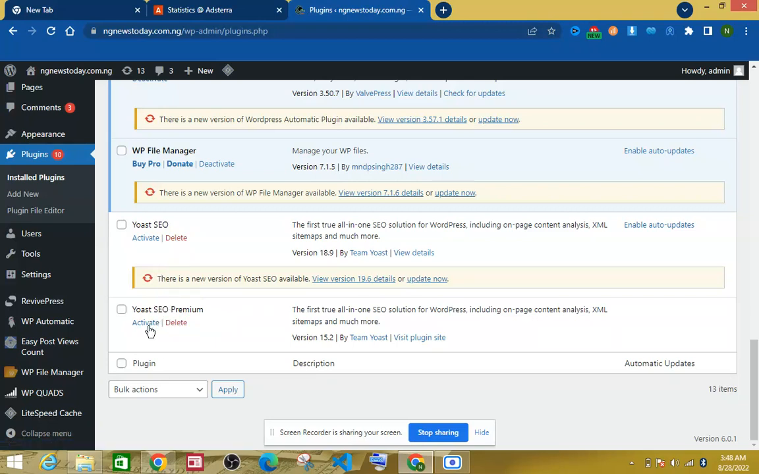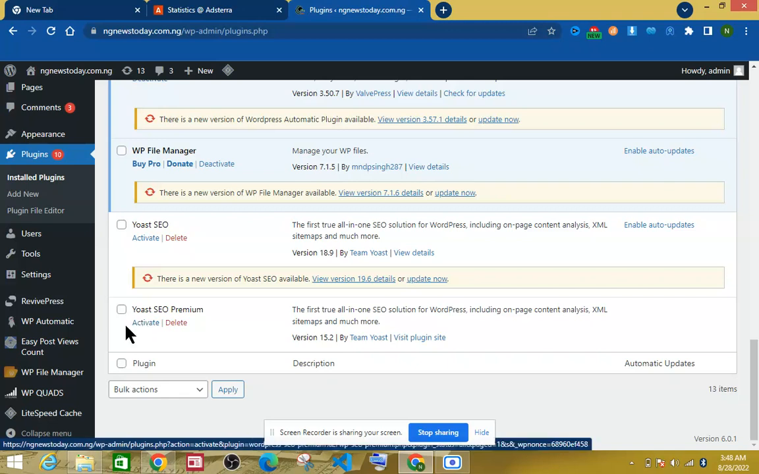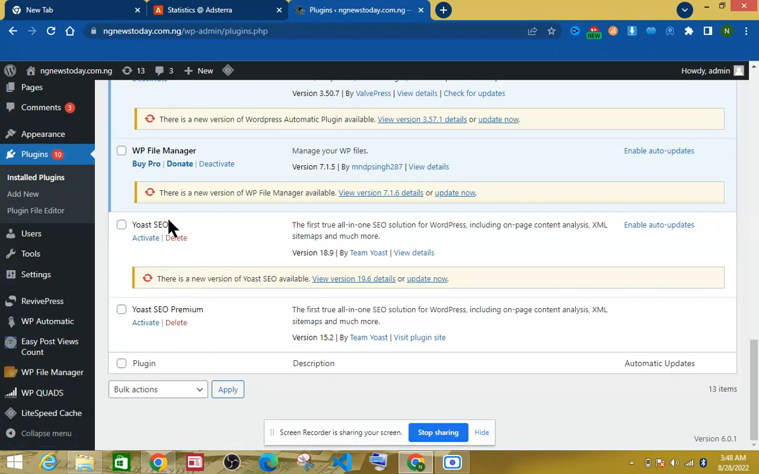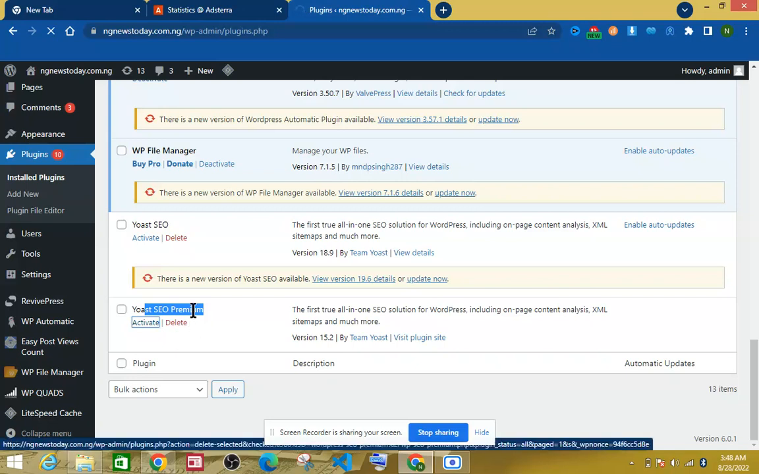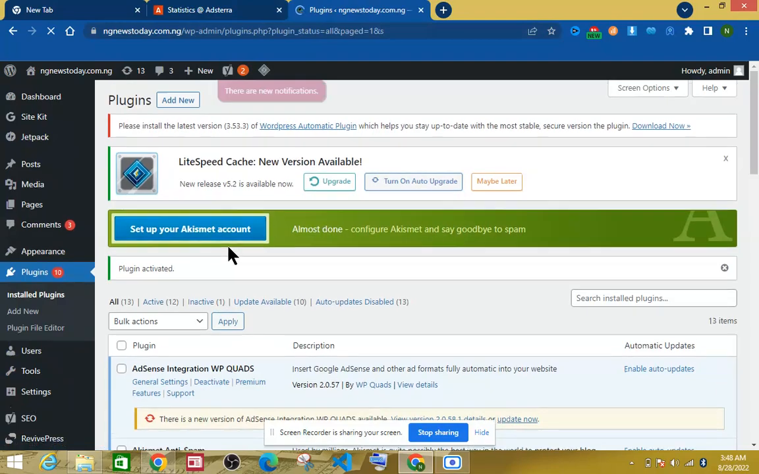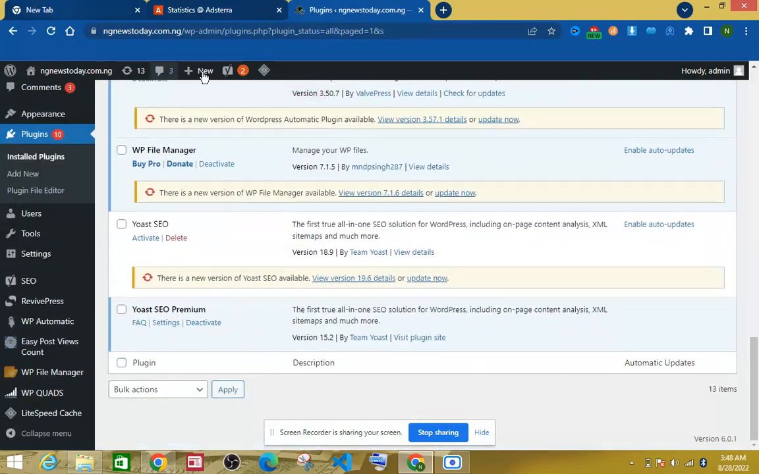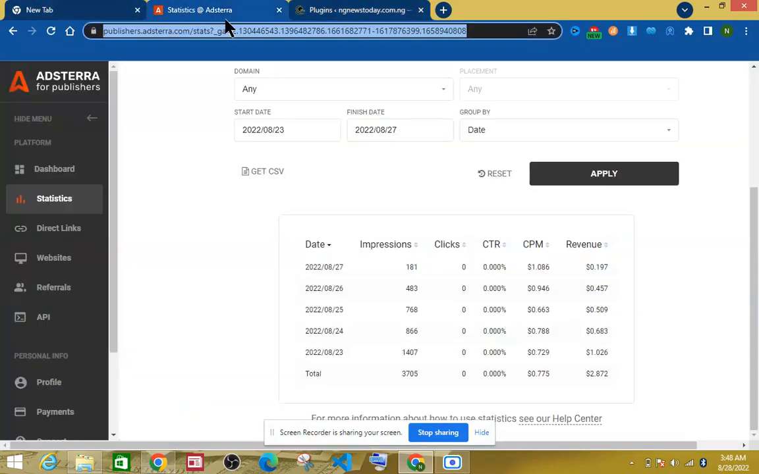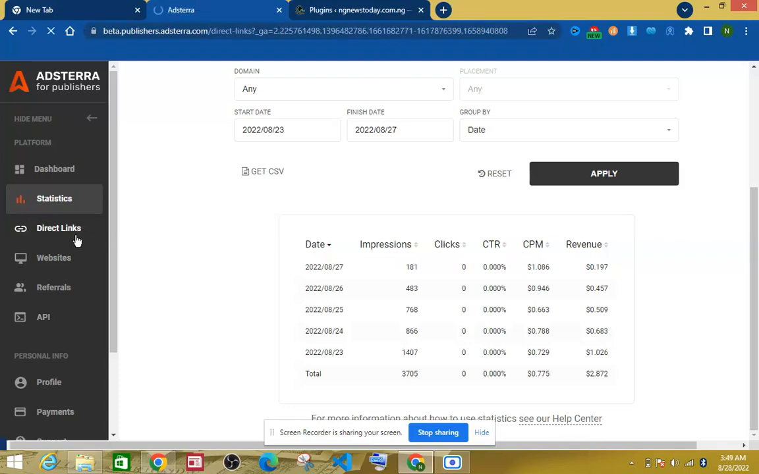Once you install your Yoast SEO Premium, because the feature is not here, you can only find the features here. Then you activate. Just need to wait for it to activate. All right. So now, you go straight to your Astra, and then go to direct link. Click on direct link,